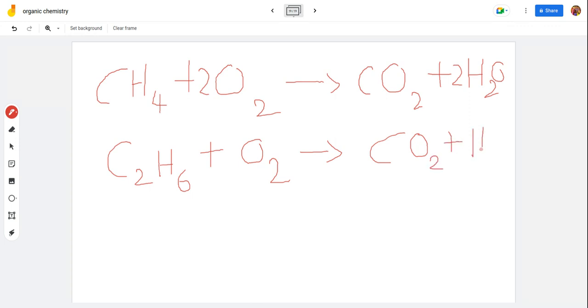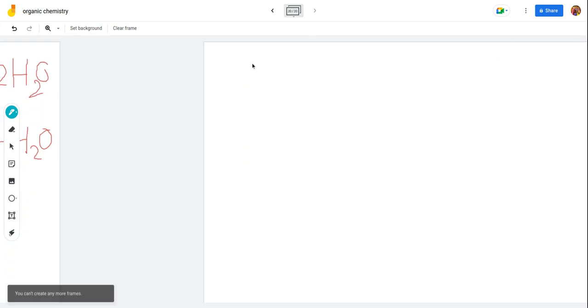Now you have to balance the equation. If you balance the equation, it becomes 2 molecules of ethane combined with 7 molecules of oxygen to form 4 molecules of carbon dioxide and then 6 molecules of water. Now you have to know